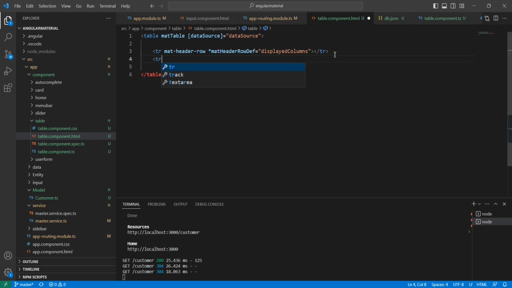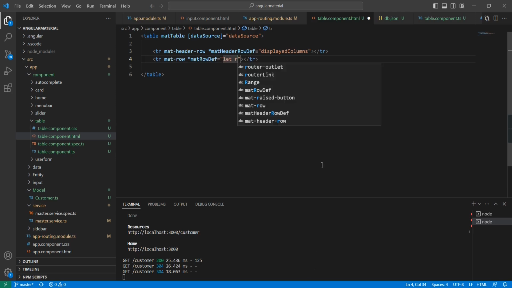and here we can have one more tr tag. So this is for the body information, and the directive is mat row. Okay, and then mat row definition, let row, and the columns is display columns. Okay,